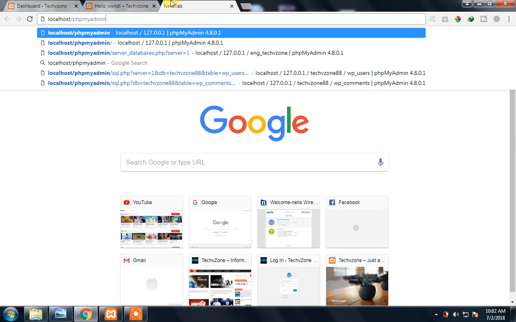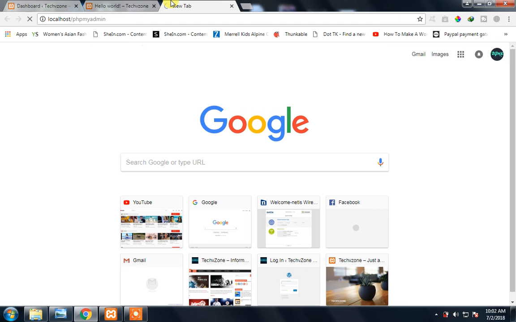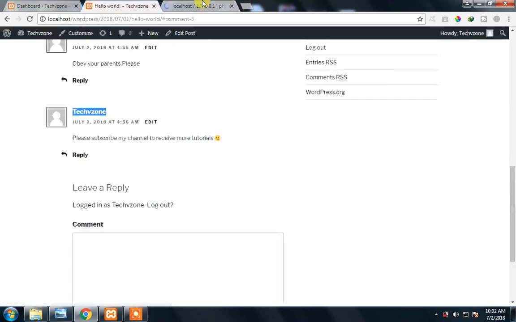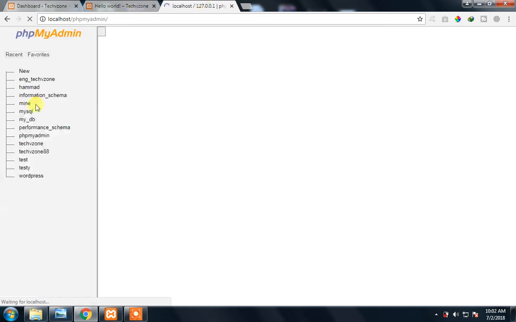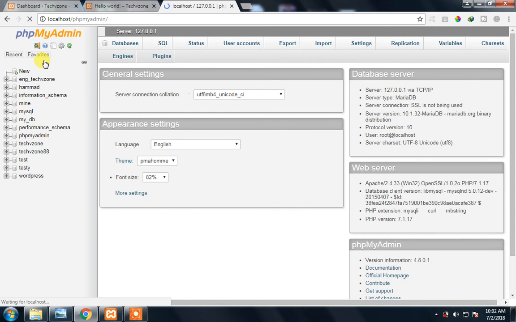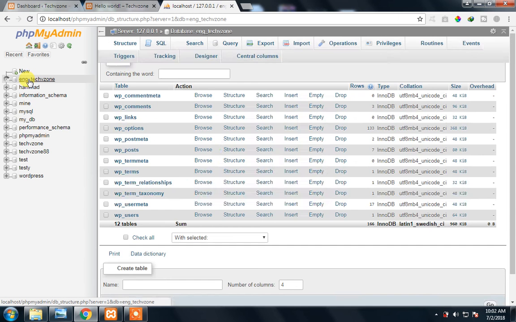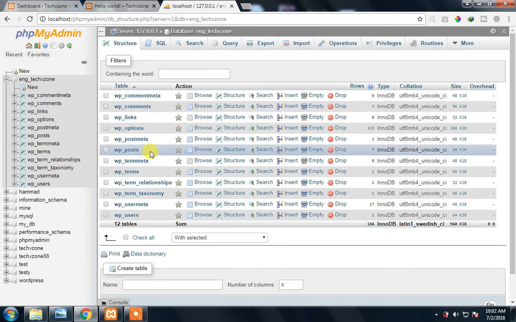You just have to type localhost/phpMyAdmin. Why phpMyAdmin? Actually WordPress is completely designed using PHP and MySQL. WordPress is a dynamic platform, so our data is stored in the database. Last time we created a database named EngTechvZone. Let's click on it. Now all of your data is stored over here, like your comment meta, your WP links,